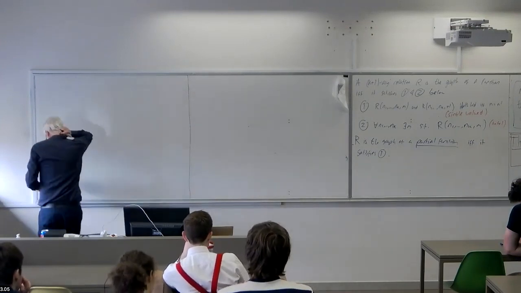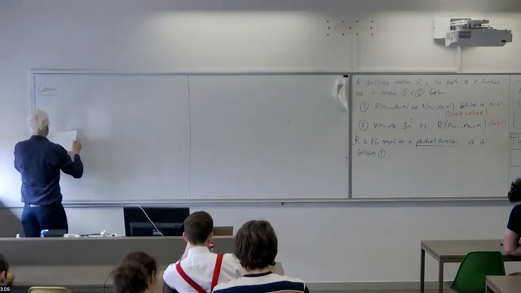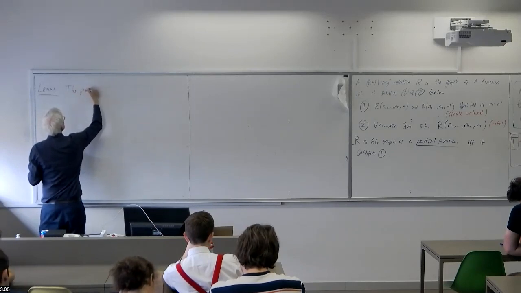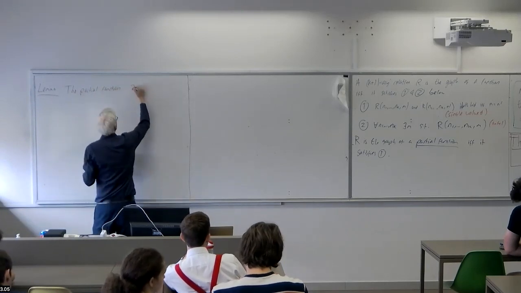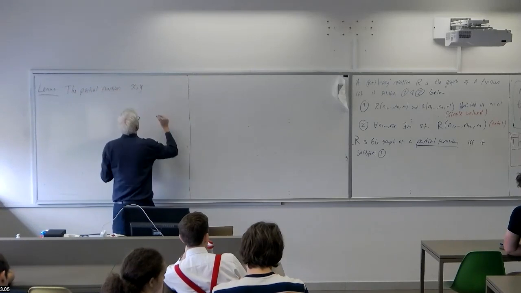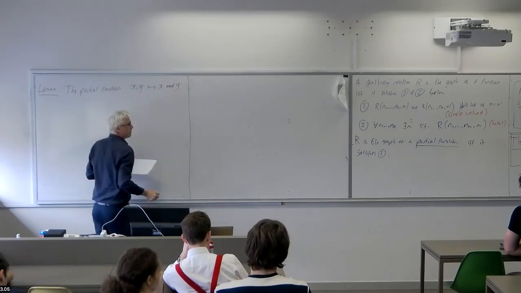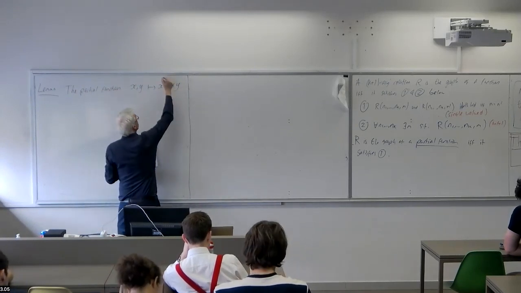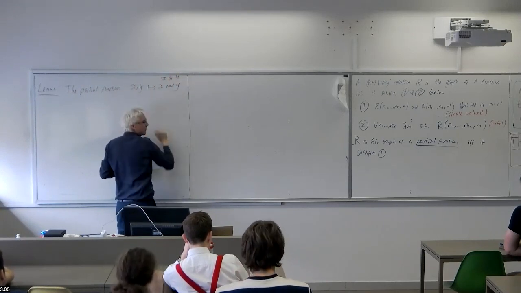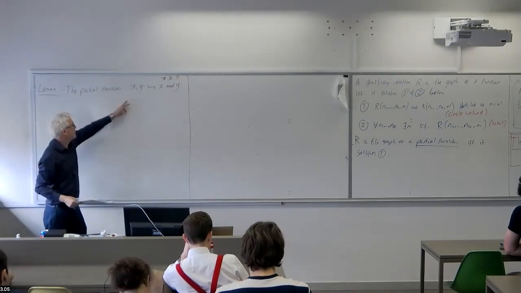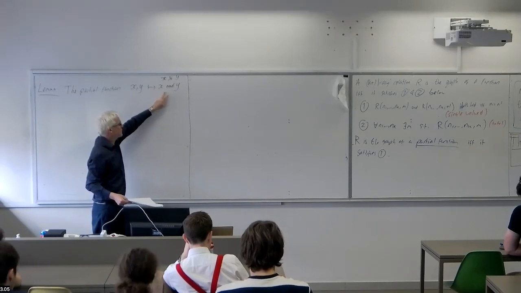So the first one is going to be a partial function is representable. So the partial function in two arguments that takes an x and y and maps it to x mod y, or people in programming languages would often write x % y. That's a standard notation. So this is the remainder when you divide x by y.